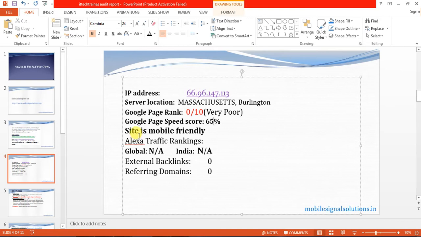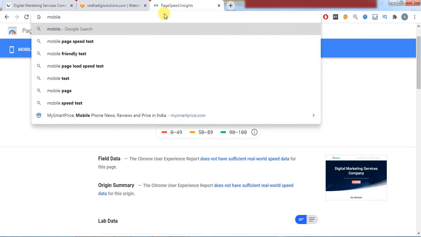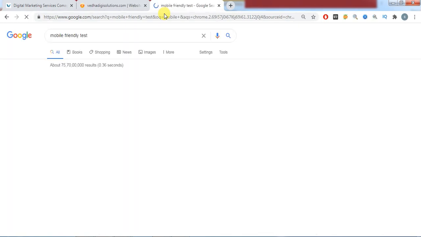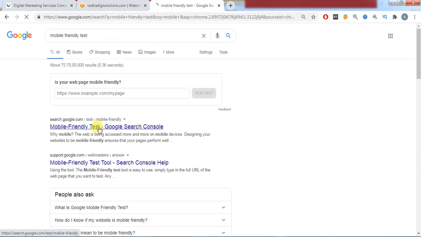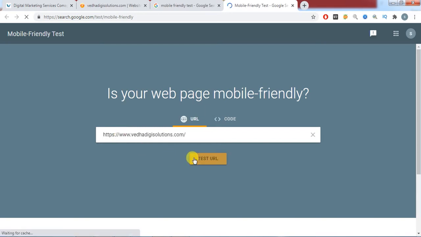Okay, and whether this site is mobile friendly or not also we need to check. Again we will be having a mobile friendly test. We'll be having many tools to check all this. So enter your URL and test whether it is mobile friendly or not.